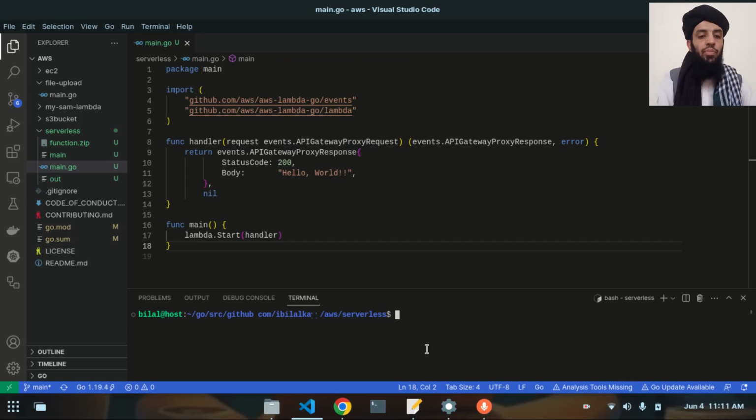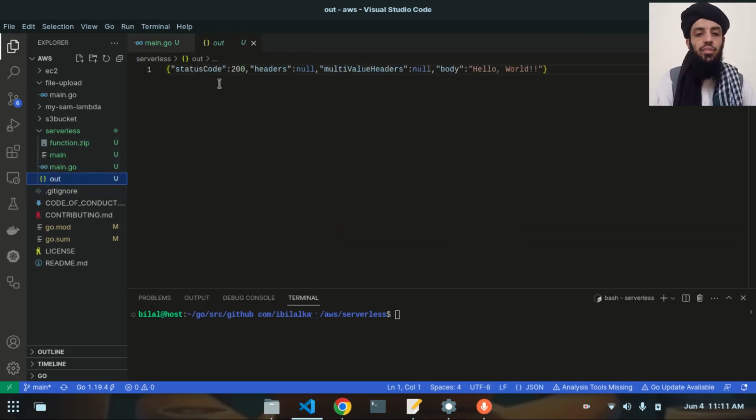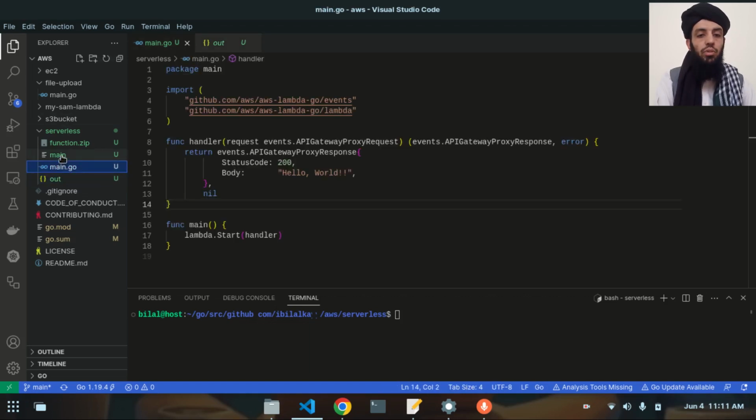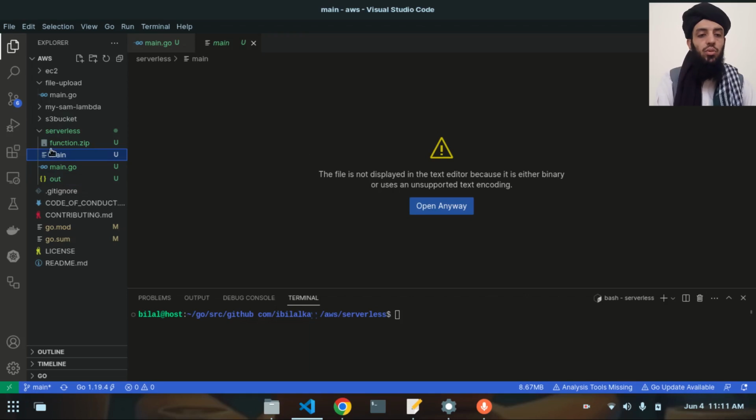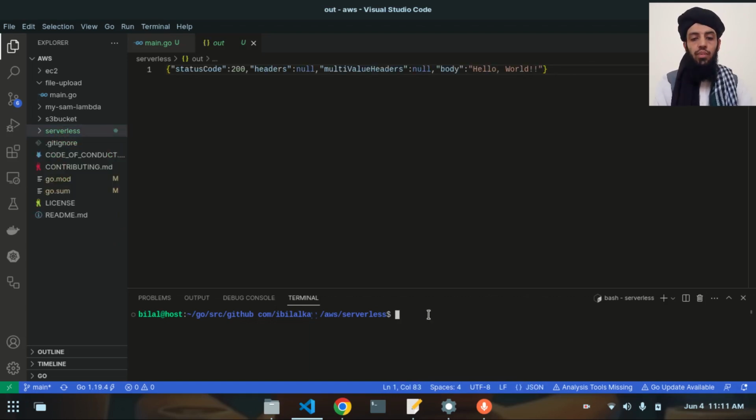Now this is the command that is executed here. You can see here this is the command, and this is the main.go file. This is the zip, and these are all the things that are given to me. So I will write git add, git commit, and the message: fetched the incoming request from